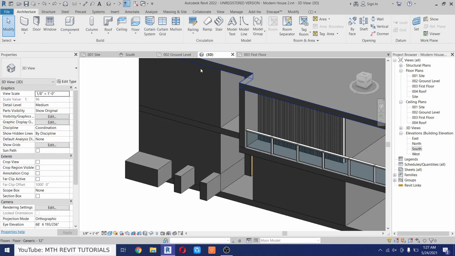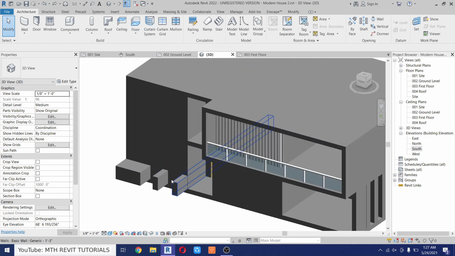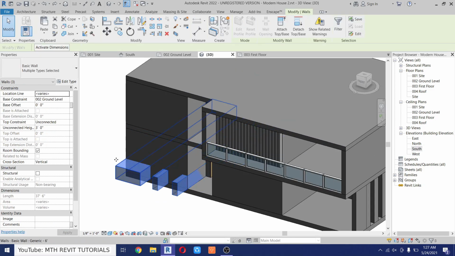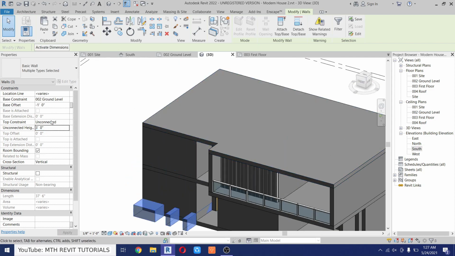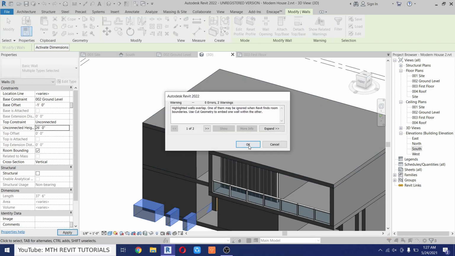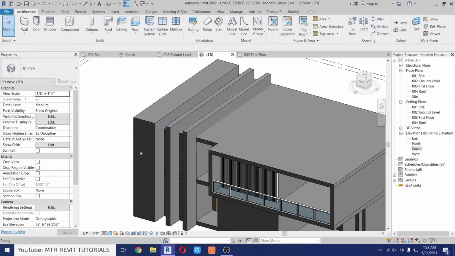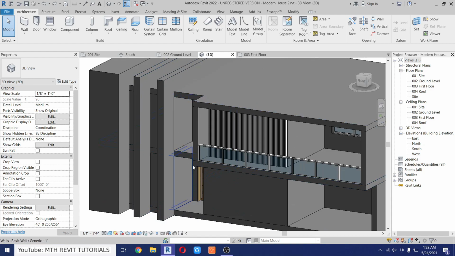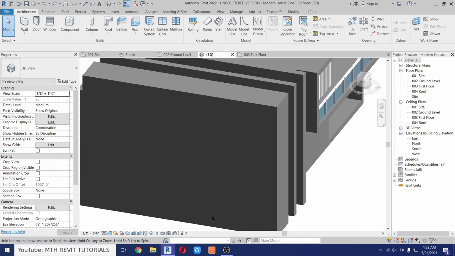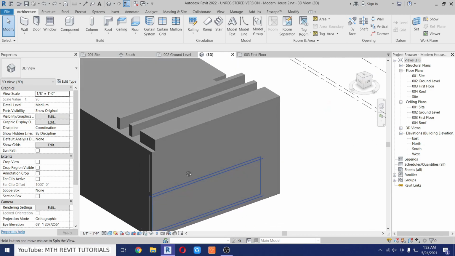Let's go to 3D and we got these walls here. Now let's select all of these and change the base offset to -1 foot and the unconnected height to, so the total height of this building is 23 feet, so I will just put 26 here. Just click OK. Perfect. Now we want to create the opening on these walls, because you can see it's overlapping here, but before that